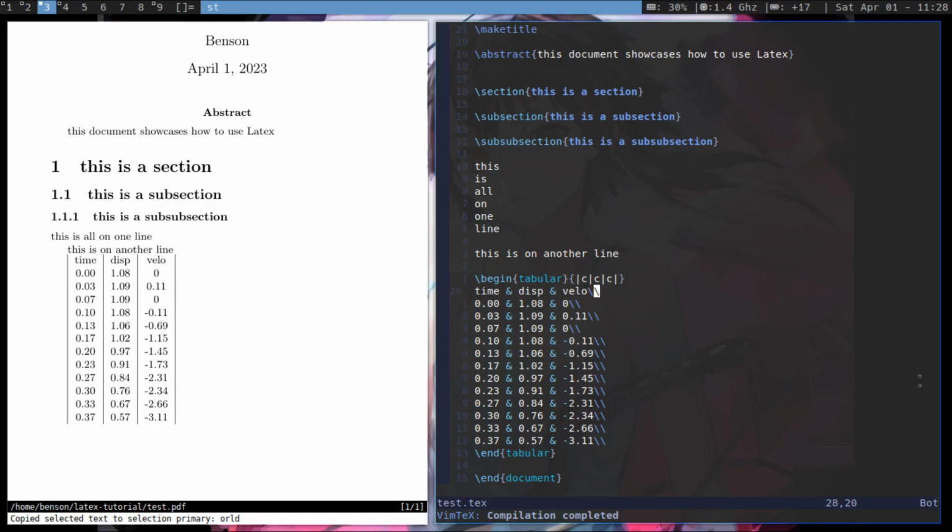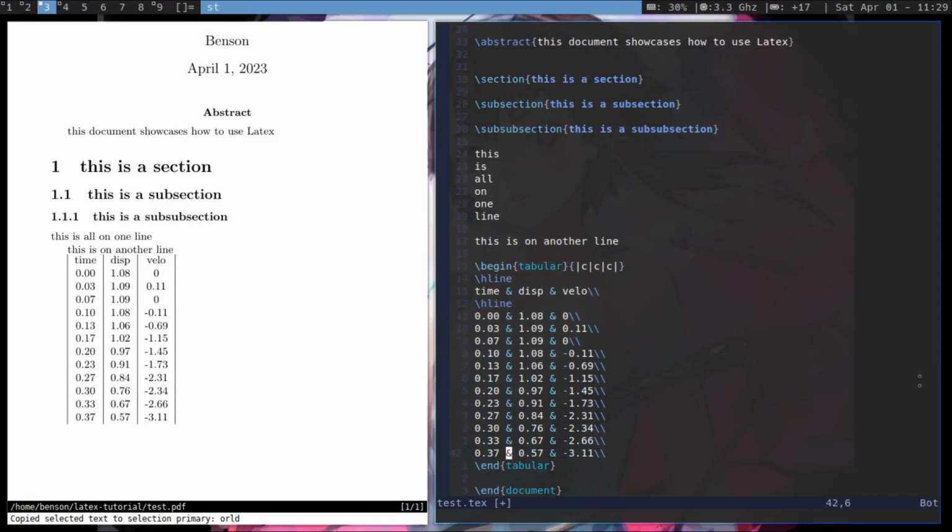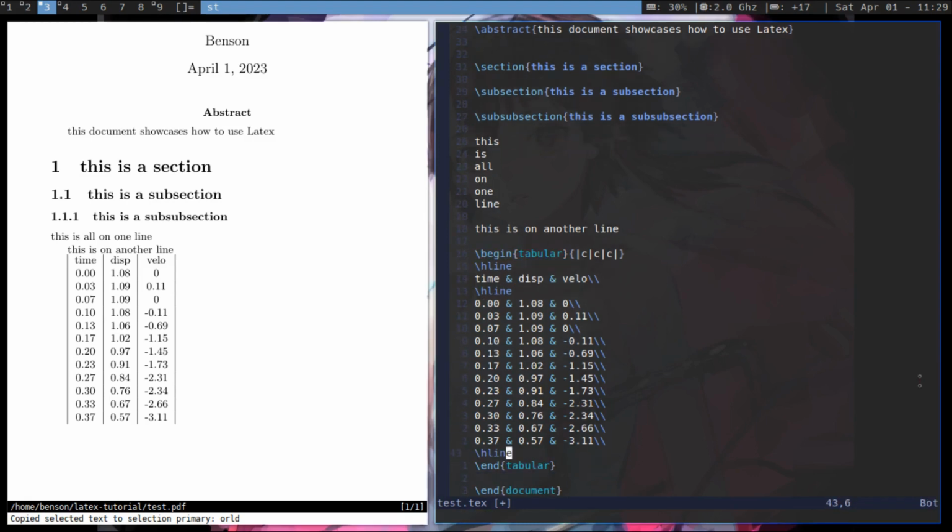And then for horizontal lines, we can simply just type the command hline for horizontal lines. So just make our table look nice. hline. Can I do this? Nice. Okay. So now we have a decently looking table,